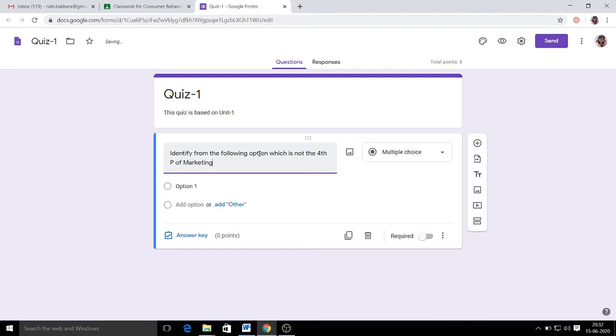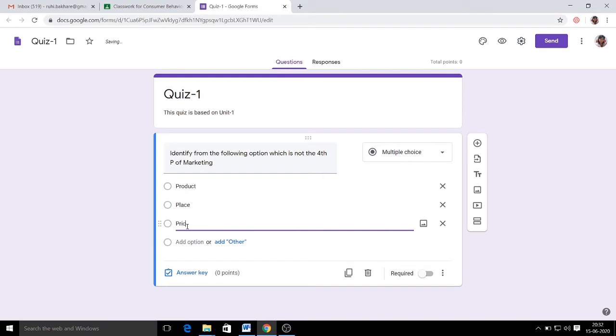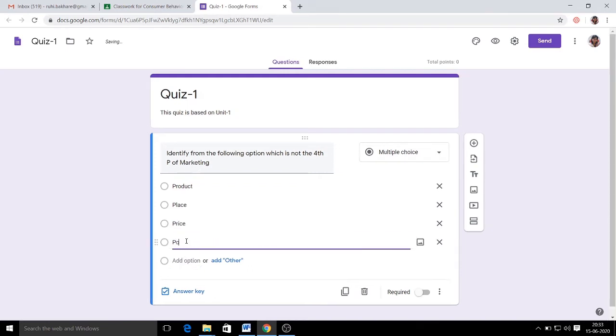Alright, so I want to keep it as a multiple choice question. So obviously I am giving here options as product, place, price, and here popcorn. So these are the options which I need to make available for this question.